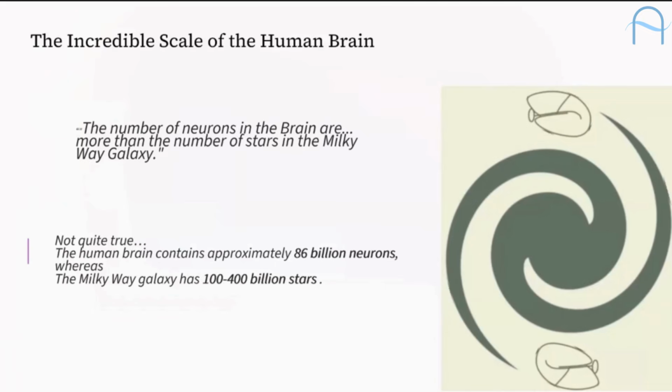I mean, even factually, right? So the number of neurons in the brain, earlier people thought the adult brain has 100 billion neurons. Subsequently, it's been revised, kind of downgraded, to about 86 billion neurons. Whereas the number of stars in the Milky Way galaxy, people initially thought it's 100 billion, but then the number went up to 400 billion and so on and so forth. But okay, even if it is about the same thing, so what, right? It's like, let's say I grab some sand in my hand. The number of silicon atoms in that handful of sand is more than the number of